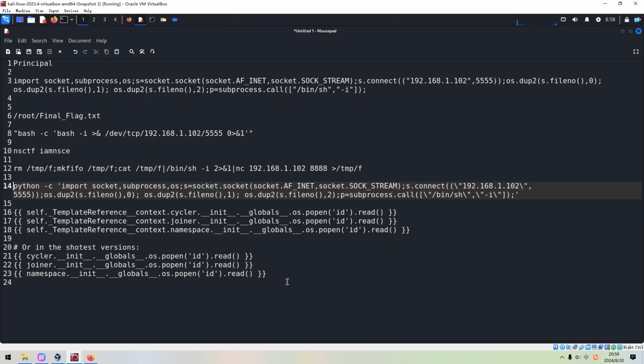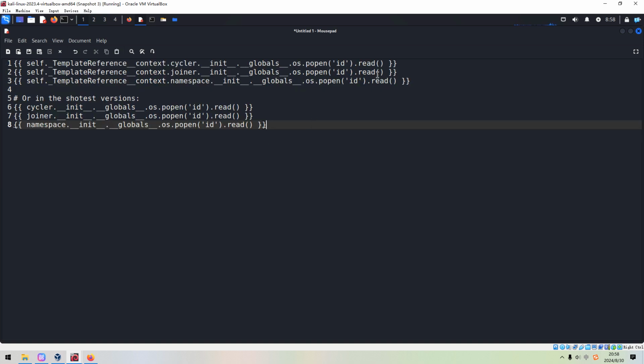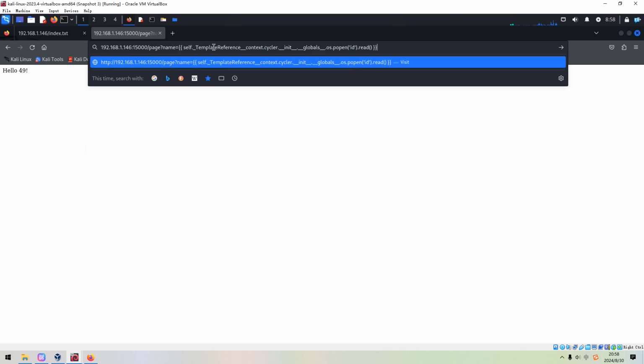I think I've already made a copy before. Anyway, we can paste it over here, and we can run a command like this one to make sure we can execute the command. Press enter. As you can see, the command id has been successfully executed.